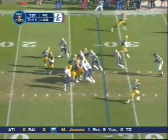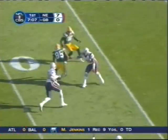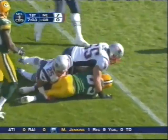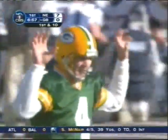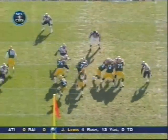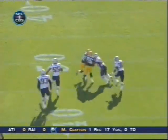Junior Seau coming up right over center. Pass out here is complete to Greg Jennings, the rookie. Cuts it back inside, across midfield, into Patriots territory to the 46-yard line. First down, Packers. And let's not forget that New England has some secondary problems of their own. Chad Scott, the guy in coverage at that time, moving back to corner. He has been starting as a safety, and it was a great blitz adjustment between Brett Favre and his rookie